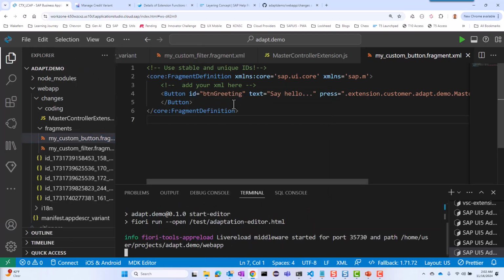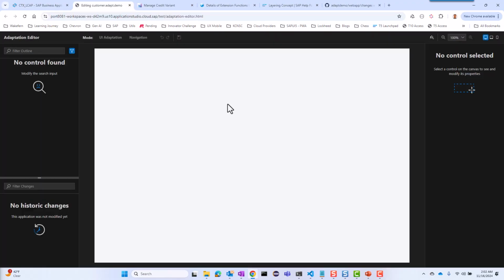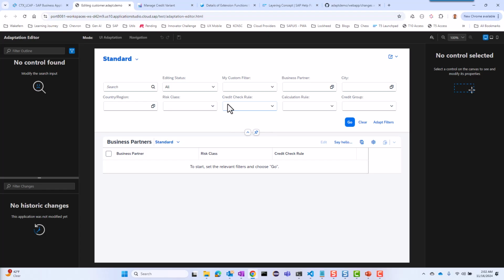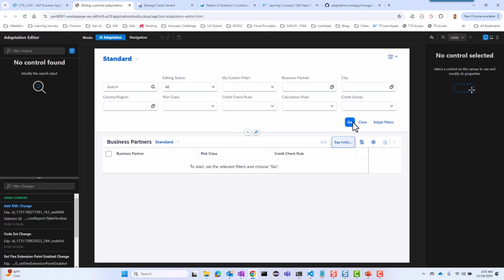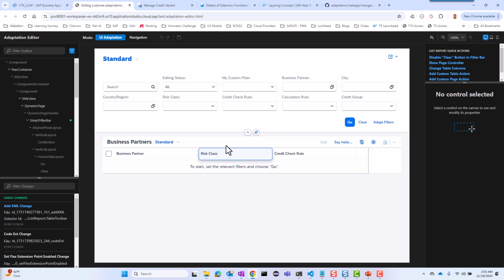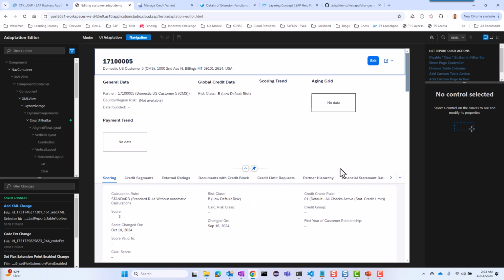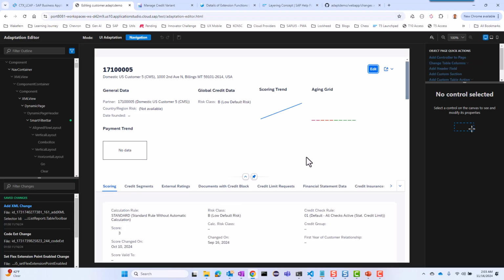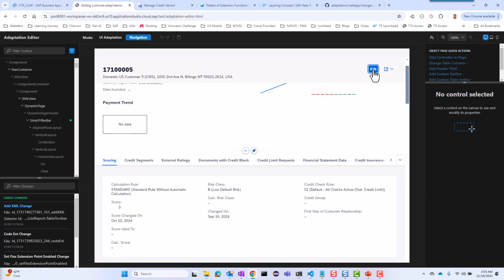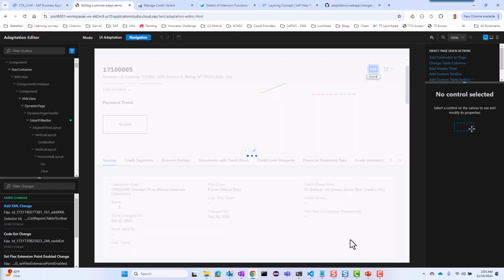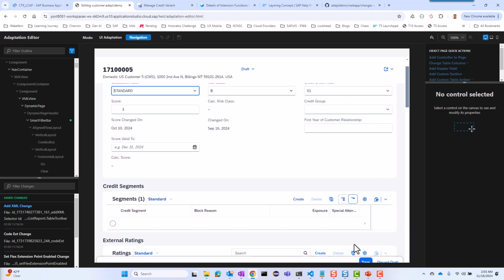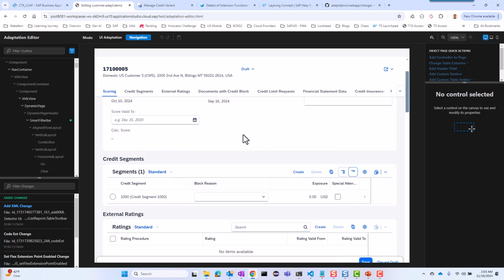So in the object page, so once I go into the object page, what I really want to do is some kind of validation before I save. So if I click on go, and if I go into the object page right here, I want to do some validation here before I hit the save button. So if I go into the edit mode, you can see that there is a save button. But before I do the save, what I want to do is some validation on my